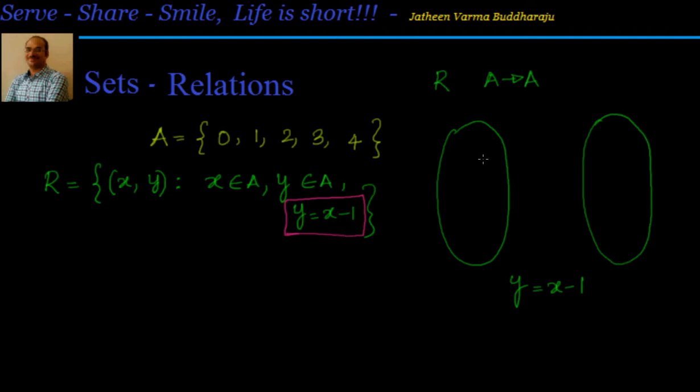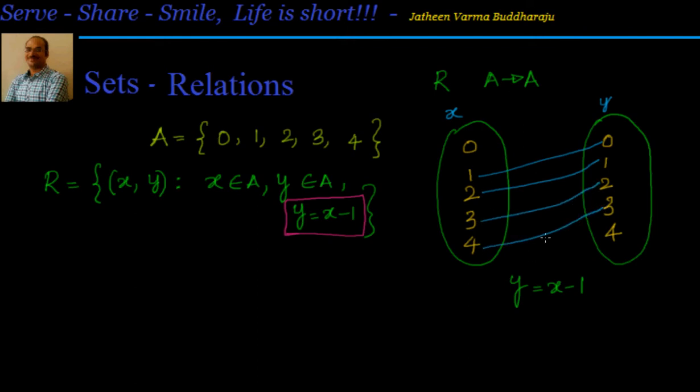So let's understand this. I'll put down here the elements 0, 1, 2, 3, 4. Similarly, I'll have here 0, 1, 2, 3, 4. Now what is 0 minus 1? Minus 1. It is not there. So unfortunately I cannot do anything. But 1 minus 1, so let us say this element is small x and small y. We are saying y equal to x minus 1. That means 1 should go to 0. Similarly 2 will go to 1, 3 will go to 2 and 4 will go to 3. So this is how the relation is going.